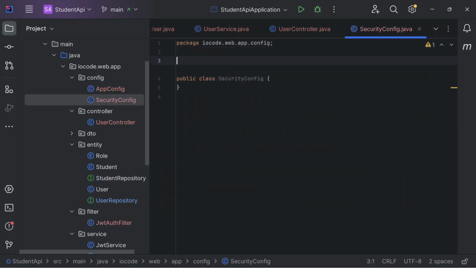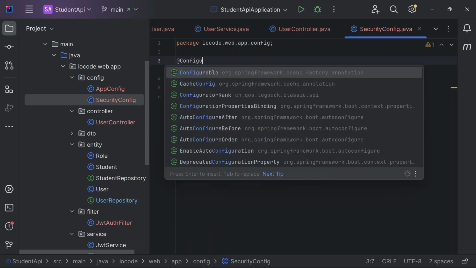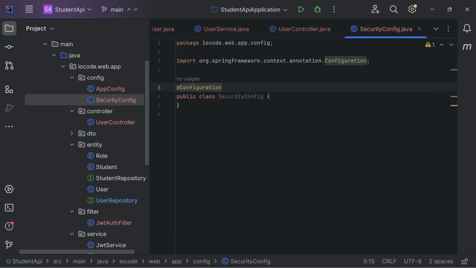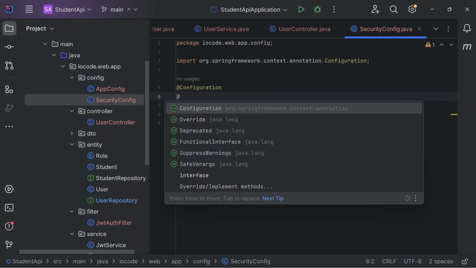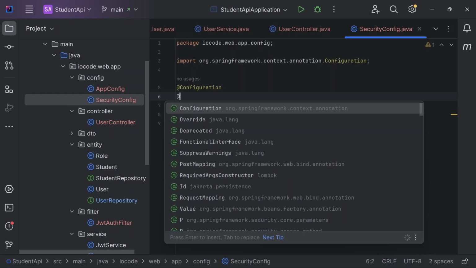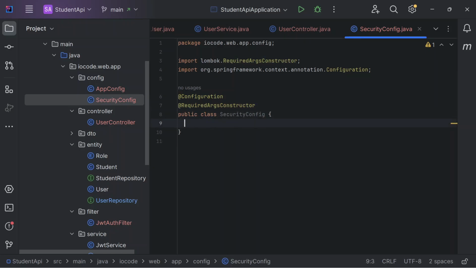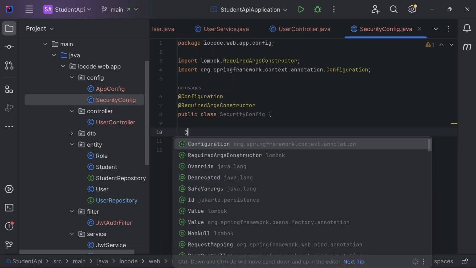To make it a configuration class, at first we simply have to annotate with @Configuration, and this configuration class is just going to define a single bean for us. I think we'll be injecting a couple of beans into this particular class, so I need @RequiredArgsConstructor. Now the bean that it defines is the SecurityFilterChain bean, so I'll have to annotate this method with @Bean,